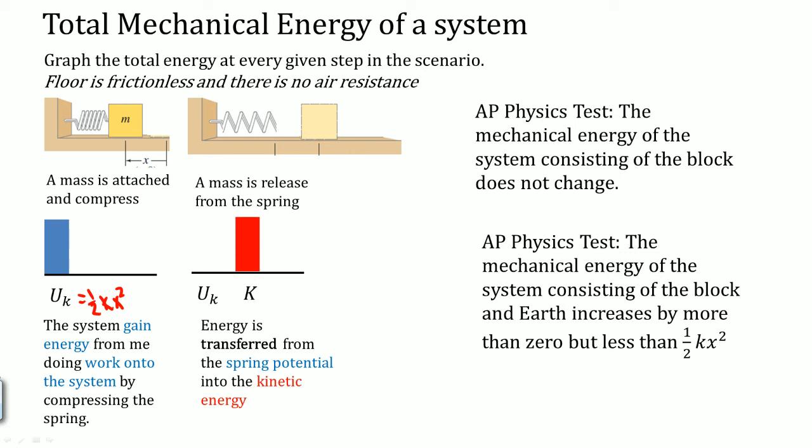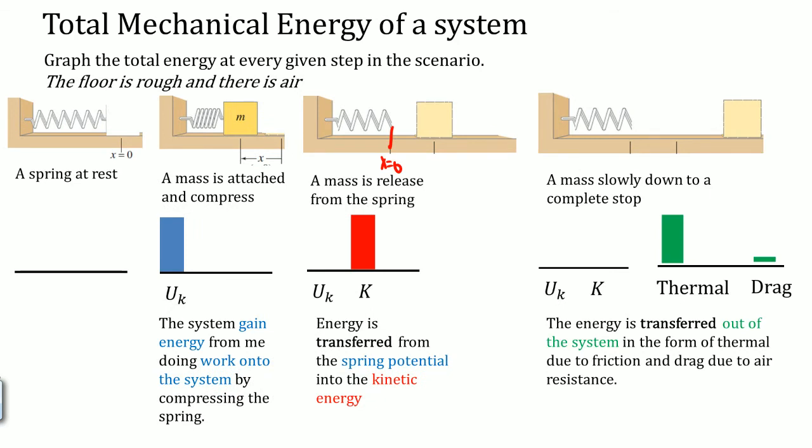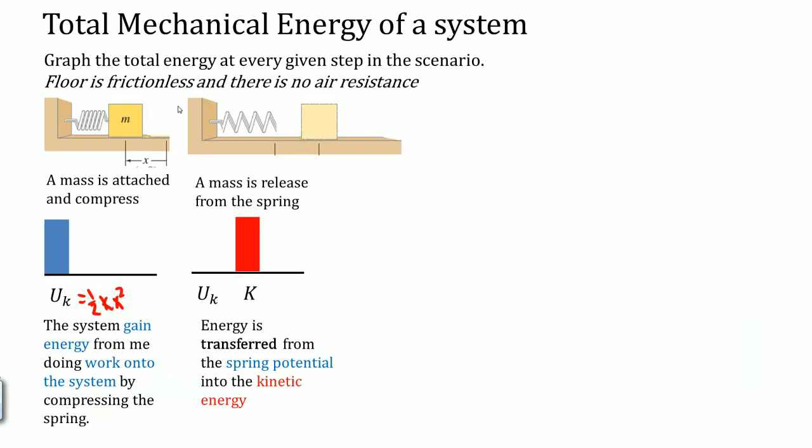So this is the mechanical energy of the system. But if we take a look, this shows the outside system as well. If we want to just look at the mechanical part, we only look at the kinetic energy, the spring potential, and the gravitational potential. Now let's take a look at the total mechanical energy of a system when it's in